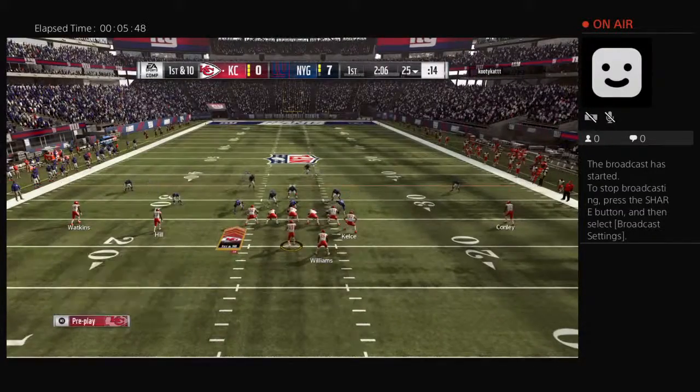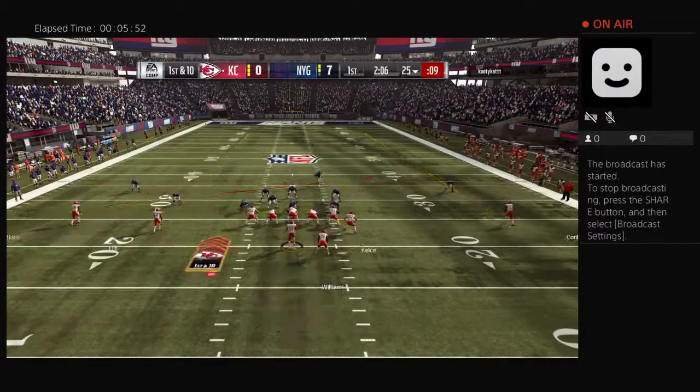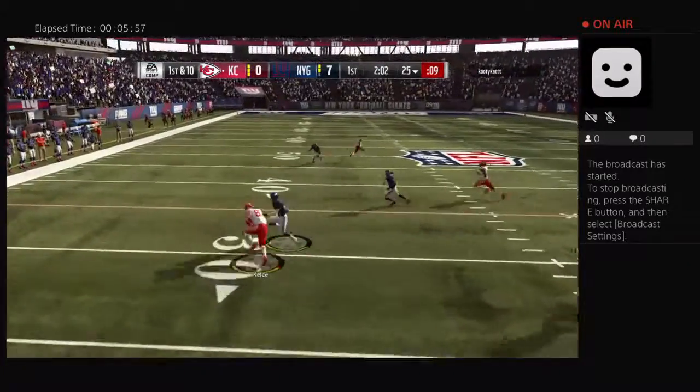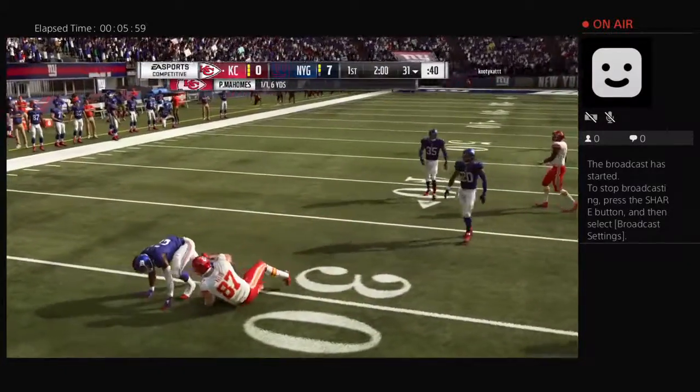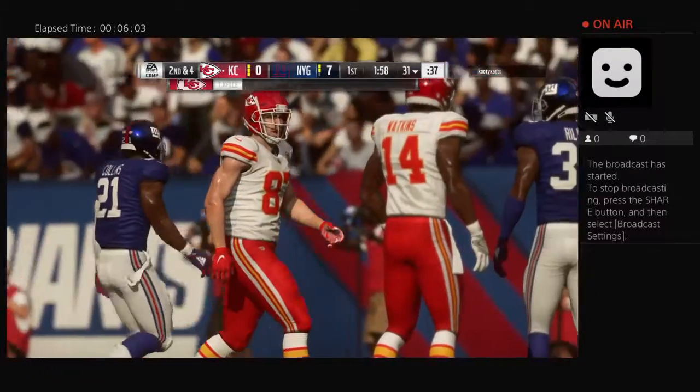Here we go now. Blue 45. Blue 45. Ace. Working from the gun, Mahomes. It's Kelsey on the ground. And they'll take him down at the 31-yard line. A gain of 6 there on